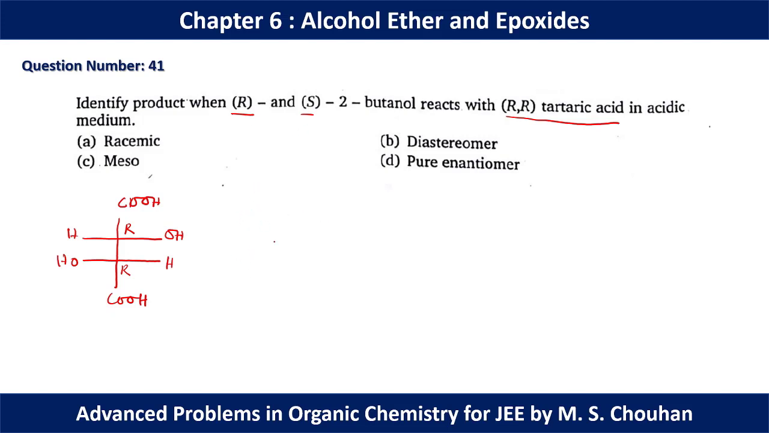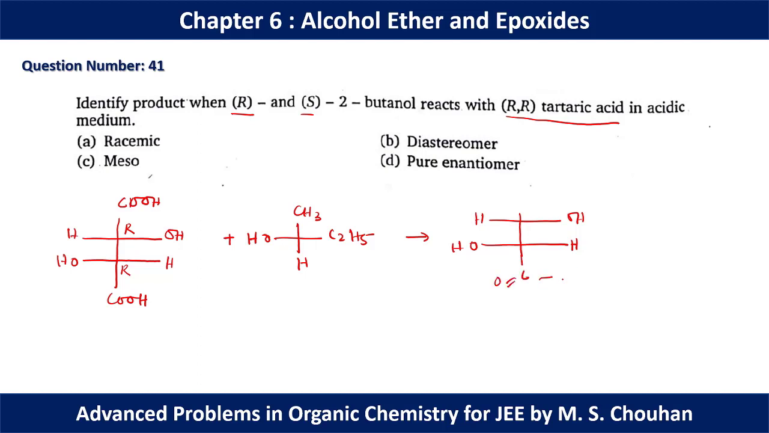So if we react with R butanol, then here we have esterification, here we have esterification. We can show how the reaction will proceed. So here we have the alcohol OH group, CH3, C2H5 and H. So this is R butanol. So the final product will look like this: there is no change in the configuration in these two carbons. Here we have esterification,